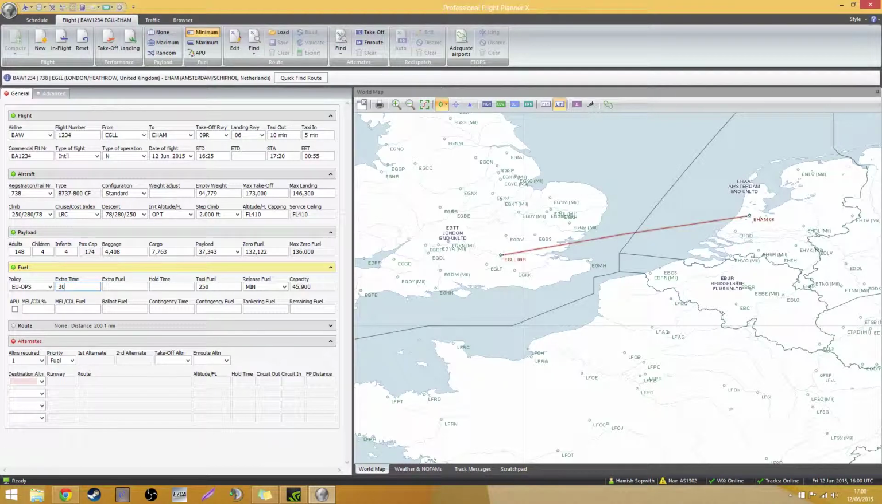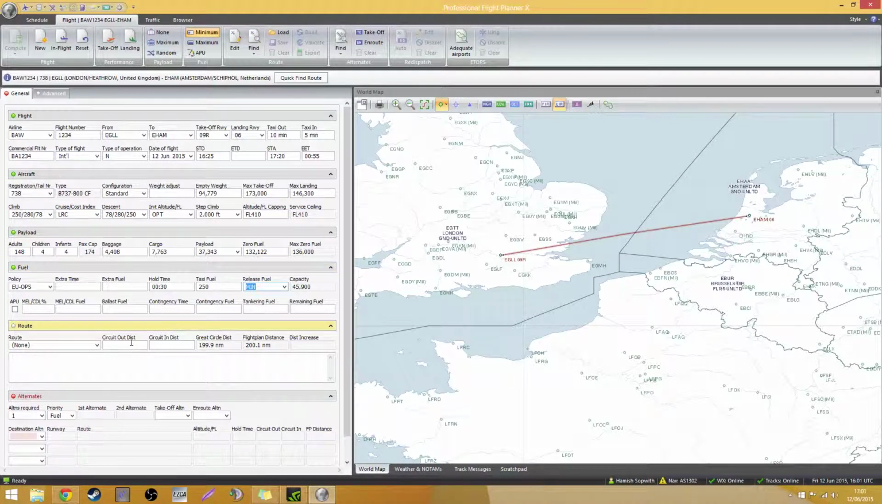Extra time, let's say you want an extra 30 minutes of extra time, an extra 30 minutes of fuel, and not for fuel, for hold time, an extra 30 minutes of hold time. And then you can have the minimum or the max. So this is your release fuel, how much fuel is in the aircraft. We're just going to have the minimum because there's no point being miles overweight. The route, one thing you can do, you can just simply click find and it will create a route